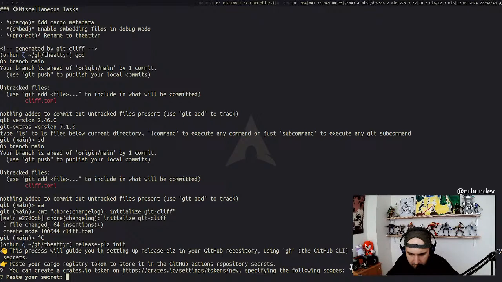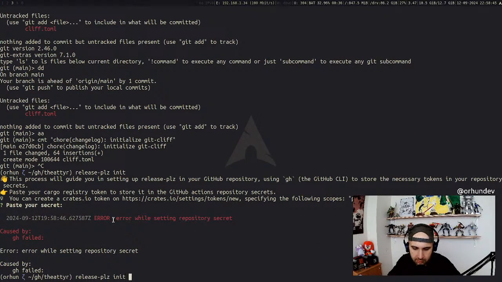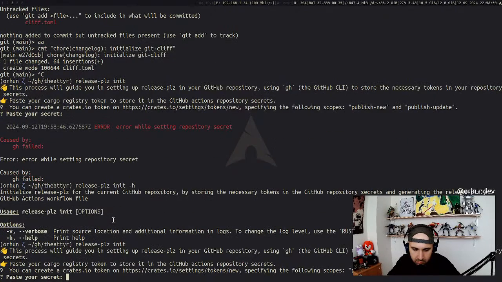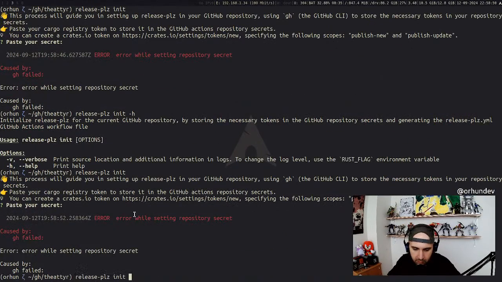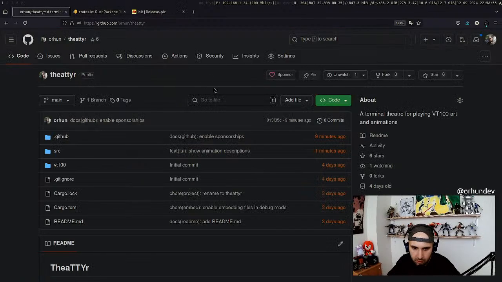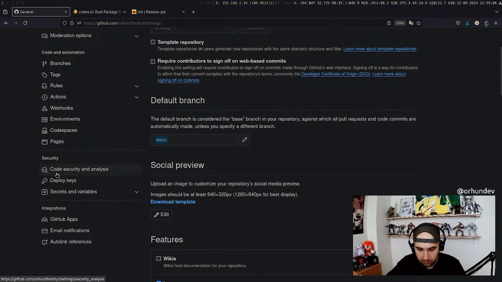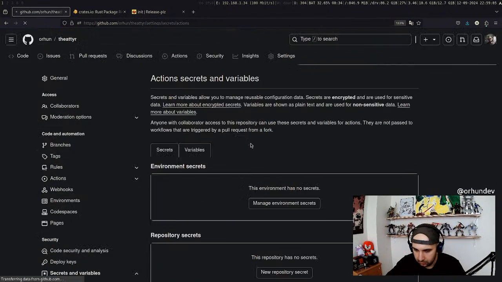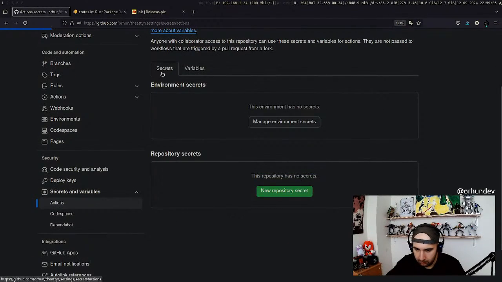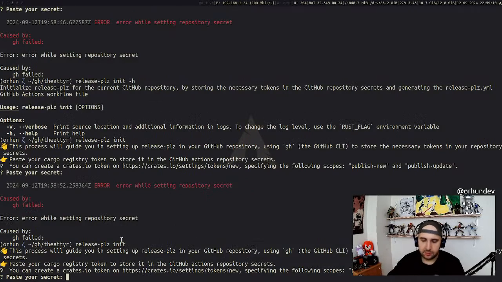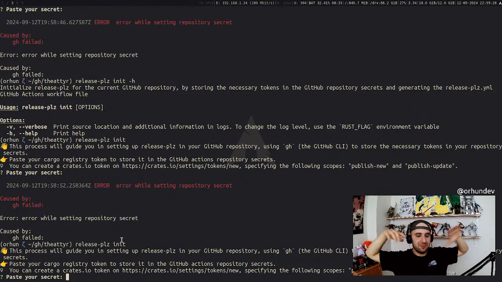You can, okay, and no, I'm not gonna paste my secret in the terminal. Can I skip this? No. Okay, maybe, you know what? I'm gonna paste it, but I'm not gonna paste the correct value, because why not? I'll be a sneaky little snake and not give it the correct value. I'm guessing this is not secure at all. Oh my god. How do I know if release-plz is running the correct command